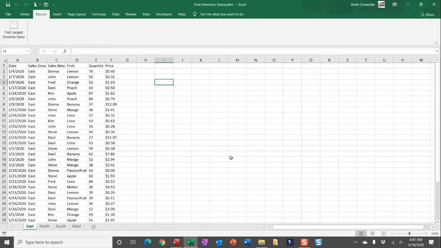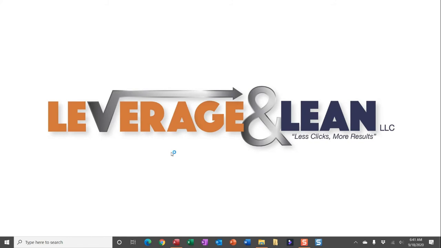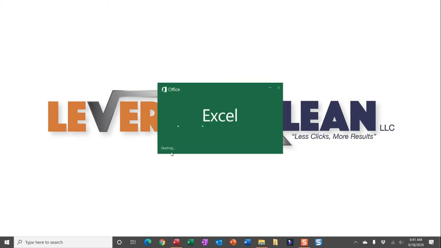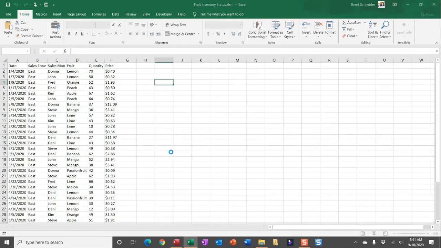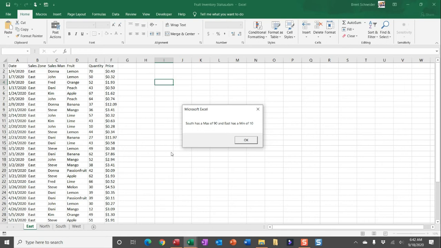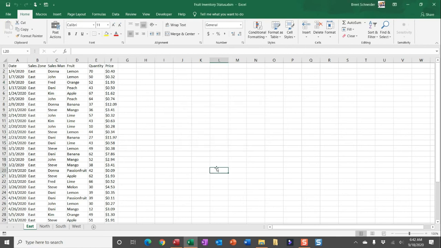Now let me show you one more cool thing you can do with this macro. You can actually set up this macro to fire once this workbook opens. So each and every time you open this workbook, that message box will appear indicating the max and the minimum found with the worksheet name these values are found in, which is extremely helpful if you're having users come into a workbook, constantly updating the information, and all you really need is to be able to quickly open it and